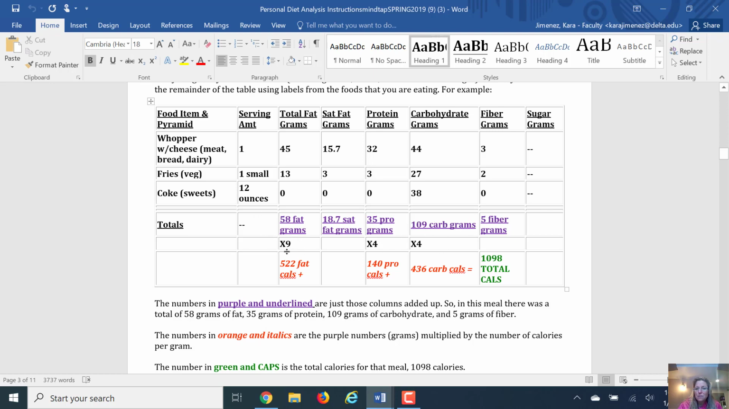For fat, you simply multiply the fat grams by 9, because fat has 9 calories per gram. For protein and carbohydrate, you just multiply by 4, because carbs and protein have 4 calories per gram. So that changed fat grams into calories, protein grams into calories, and carb grams into calories. Then if we add those 3 calories together, you have 1,098 in this meal,